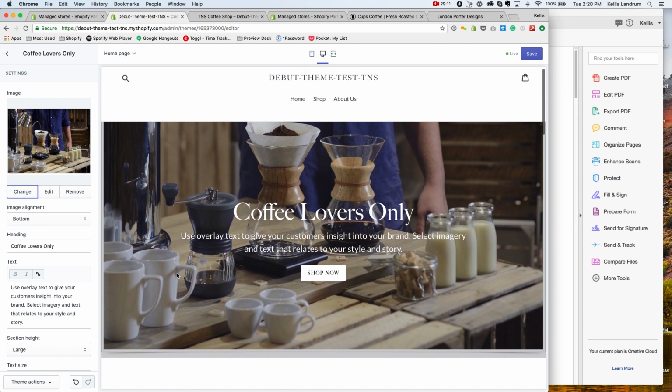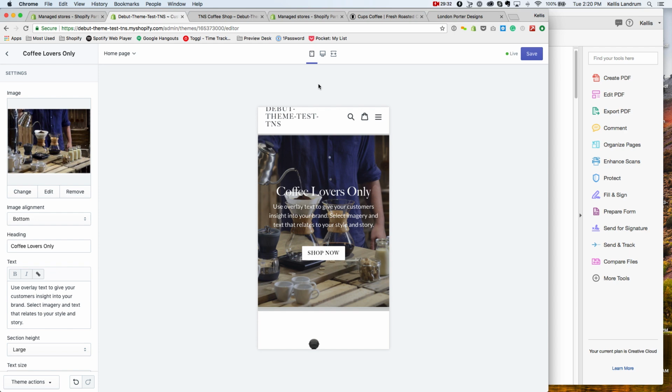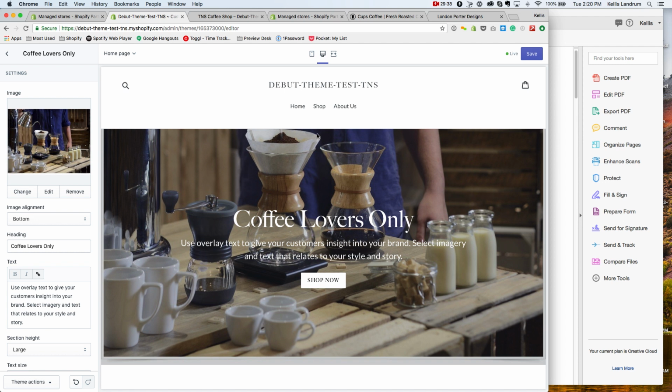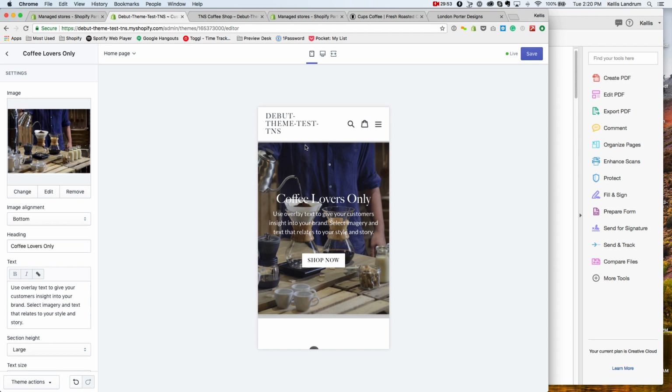Now, just as a note, sort of rule of thumb, you can add text through this admin, and it will display it as HTML. Shopify even has these controls up here that show you what it's going to look like on mobile versus desktop, right? One of the things you'll notice is that it automatically crops this picture. Here, the top of the picture is at the filter, and we're seeing the edge of this coffee pot, it looks like. When I click on the mobile version,